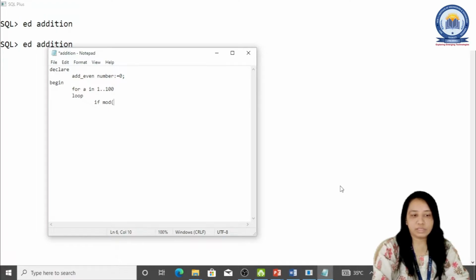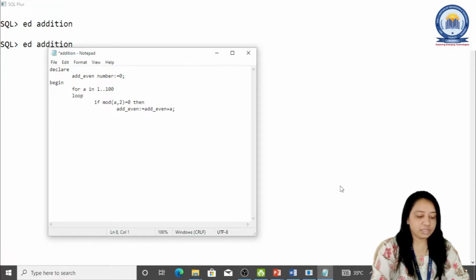After that I'll do the addition of those numbers, storing it into add_even. So add_even equals add_even plus the variable a. This is how the addition will be done.